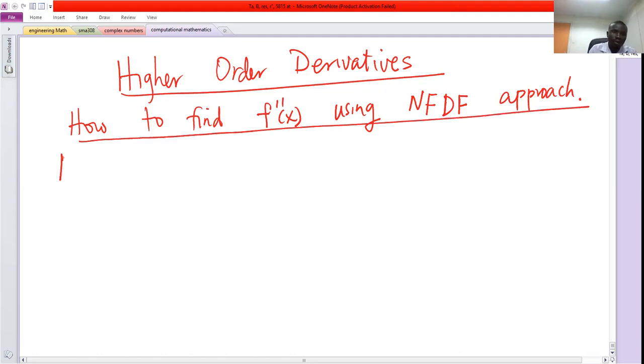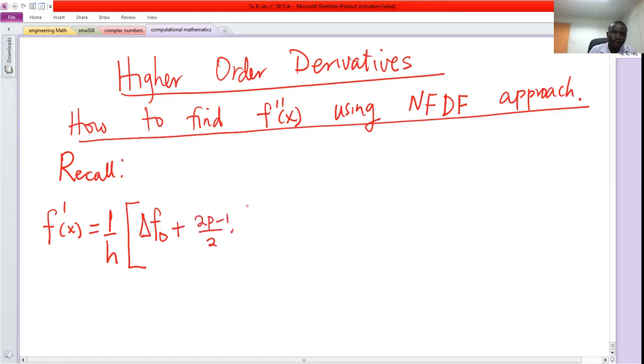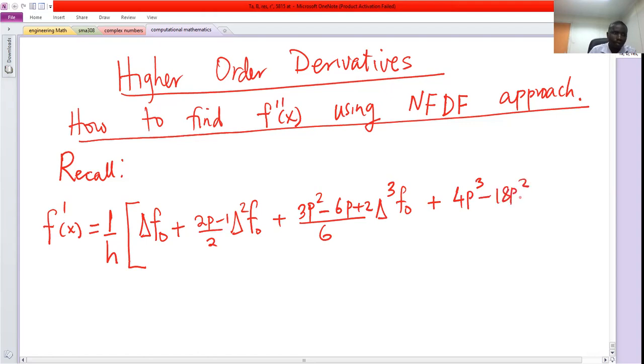Now, remember from what we did last, recall that the first derivative of the function f of x, we found the answer to be 1 over h into first forward of f naught plus (2p minus 1) over 2 second forward f naught plus (3p squared minus 6p plus 2) over 6 third forward f naught plus (4p cubed minus 18p squared plus 22p minus 6) over 24 fourth forward of f naught